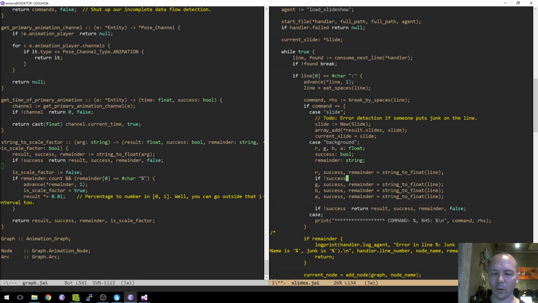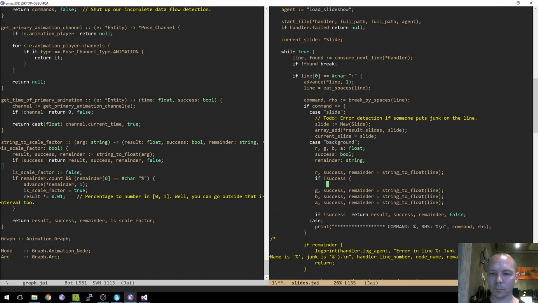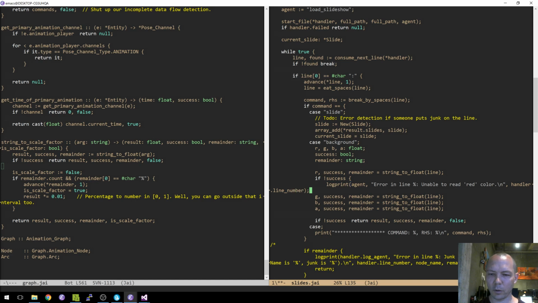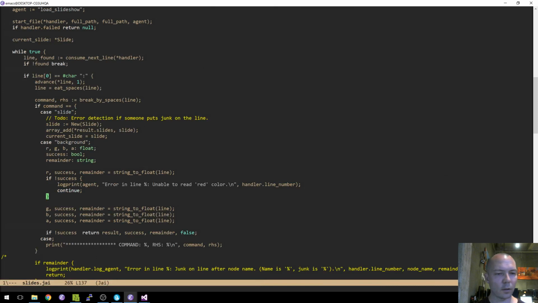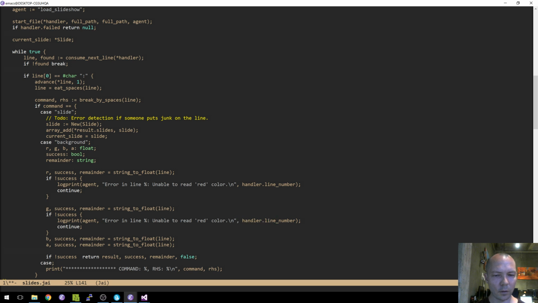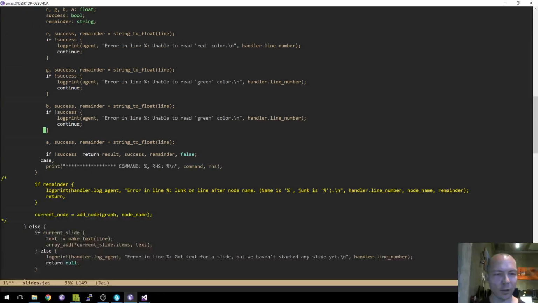If length success, logprint agent unable to read red color, error in line whatever, unable to read red color, another line number whatever. Well, we'll just continue to the next line. So we're just going to do this each time, because why not? So for green, hopefully I'm not getting this wrong. Anytime you paste something like this,